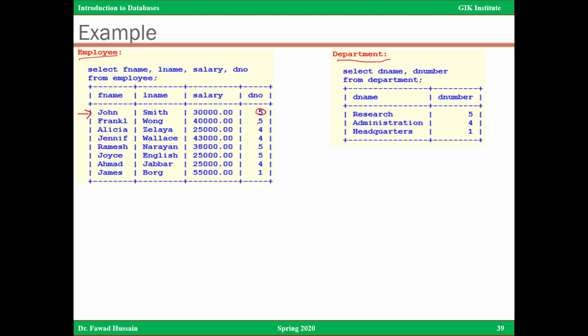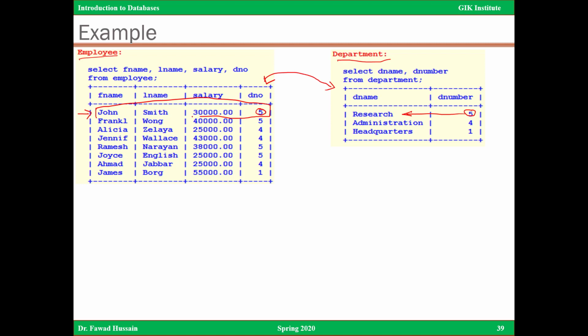So John Smith works in department 5. Normally, if I want to combine these two tables, for instance, I want to know which department number 5. What's department number 5? I want to know the name of that department. So I can combine this and it should give me, perhaps here I can find that department number 5 is actually the research department. However, if I am doing a Cartesian product, this means that this row